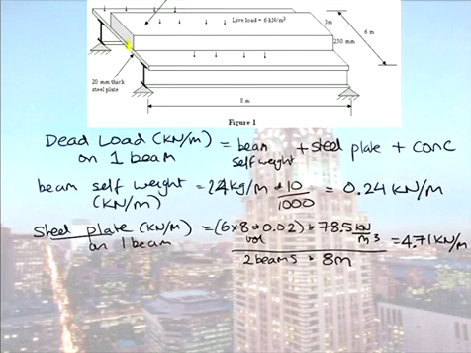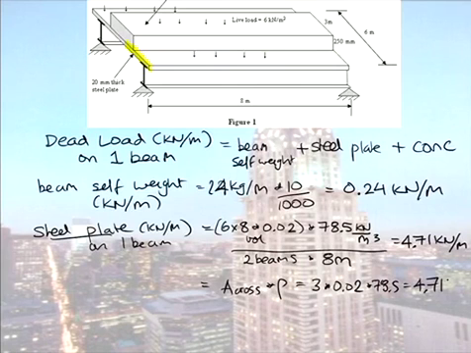When I do it the quick way, it's based on cross-sectional area times density. The cross-sectional area here I've shown in yellow. Cross-sectional area on one beam is 3 metres wide by 20 mil thick times my density of 78.5, and that, when you multiply it out, also gives you 4.71 kilonewton per metre. So that is an alternative method to the long way. So I've got my beam self-weight, my steel plate,